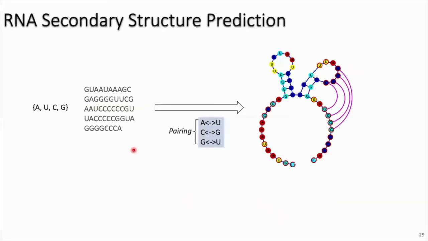More specifically, here's the problem. Given a string, which is composed of 4 elements, and which represents the RNA sequence, we want to predict the pairing information for each character within the string, as illustrated on the right. But of course, only certain base pairs are allowed, while the other base pairs are not allowed because they are not physically stable. In fact, this problem is one of the oldest problems in bioinformatics, which has been studied for more than 40 years.